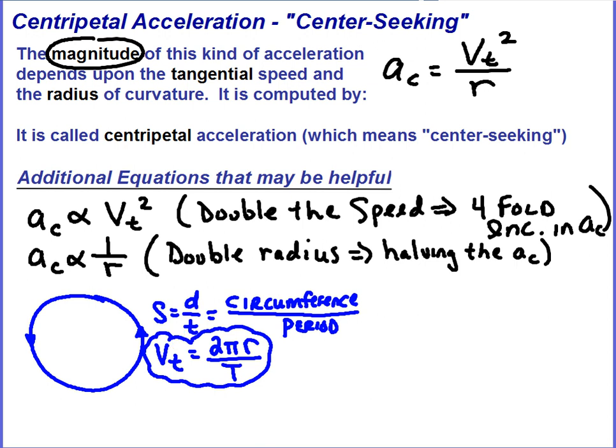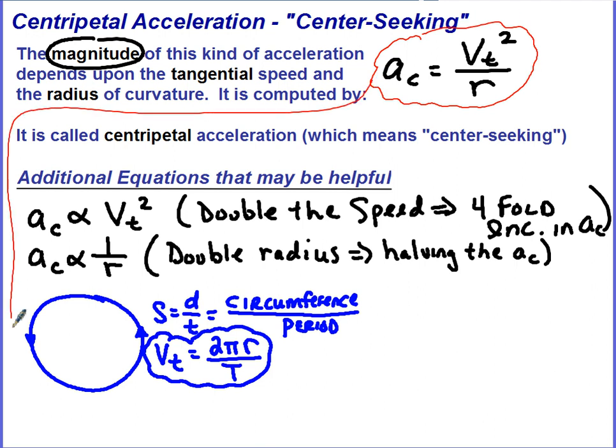Now I want to derive for you another equation that combines these two. So I'm going to take this equation and combine it with this equation. And I'm going to do that by replacing this value. I'm going to replace v tangential with this value here. So I'm just going to do a little substitution here. And we're going to derive another equation for a sub c. So the derivation,